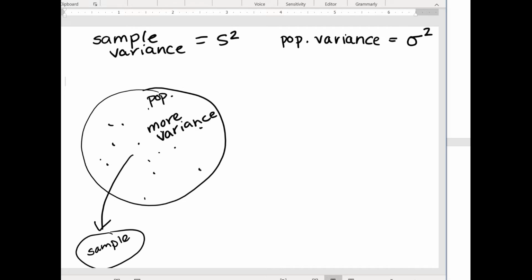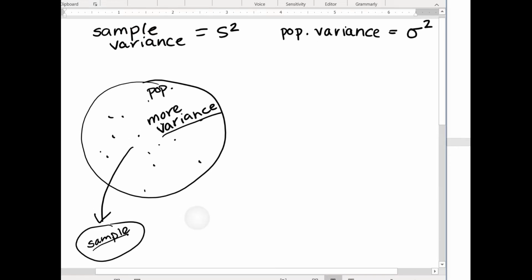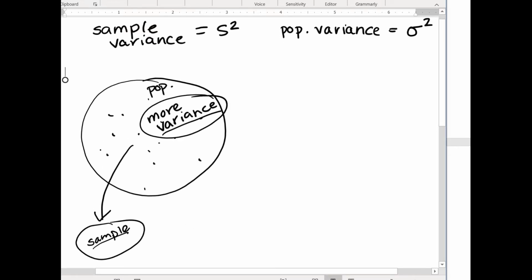Now, what this means for us is that the population is always going to have a little bit more variance than our sample. And some hardworking statisticians, from I don't know when, because this is not a history of statistics class, somewhere along the line figured out that this difference of more variance and less variance is more important,